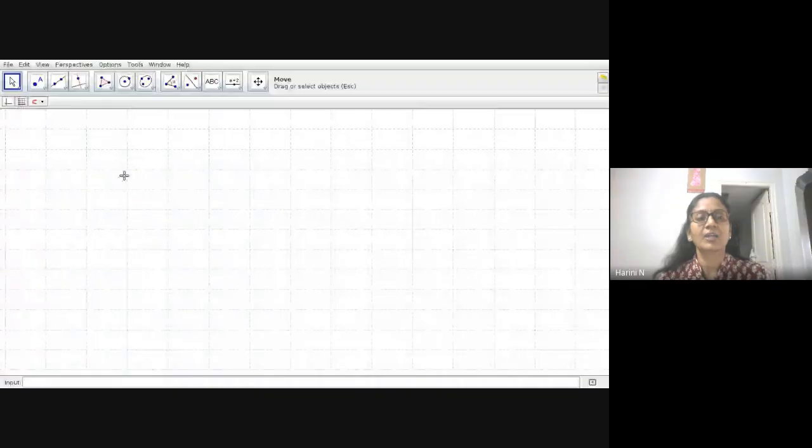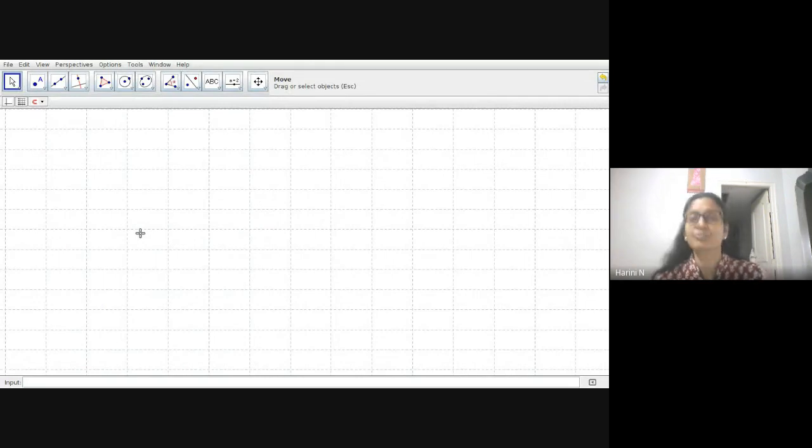Let me stop this share. I come back and now I take you to the app where I can use GeoGebra to help you understand how to represent a given rational on the number line. Now I have a canvas, which is simply like a paper that you have in front of you where you are going to draw the number line.